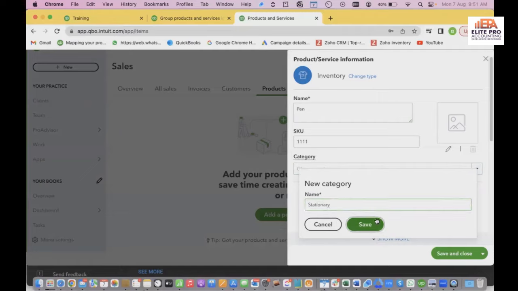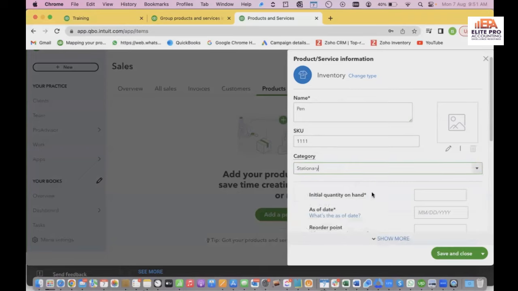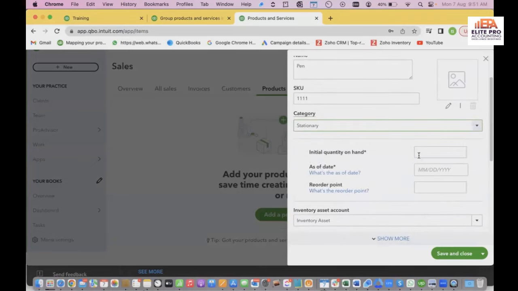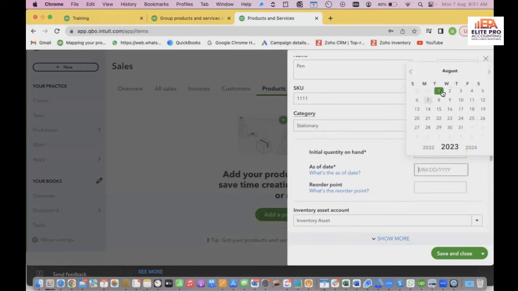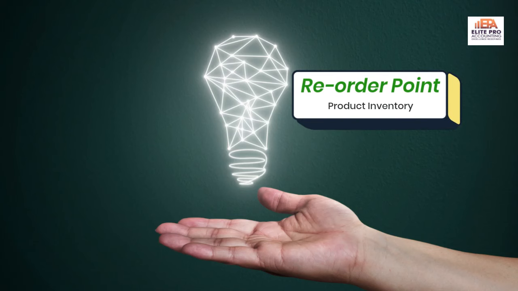So I can here do the save and save it as initial on hand. That is basically the opening balance of your inventory. Let's say I have 100 pens. The date would be, let's say, the 1st of August, and the